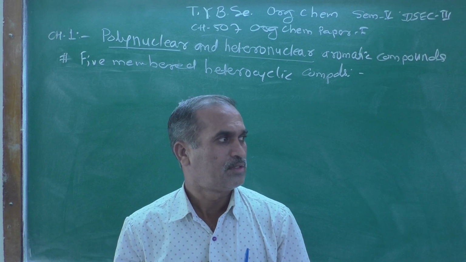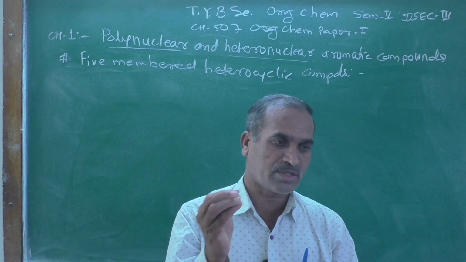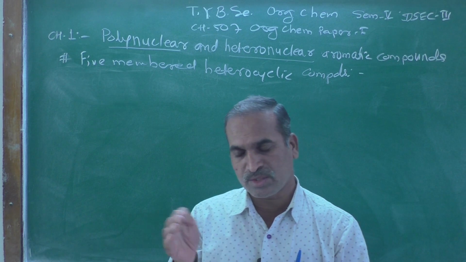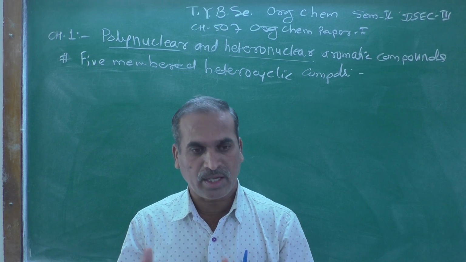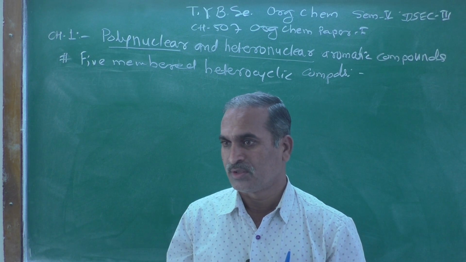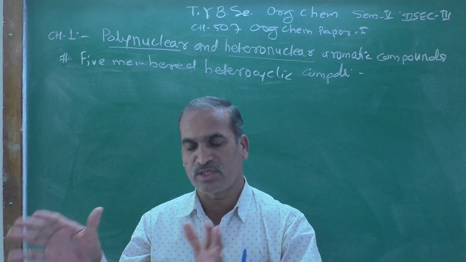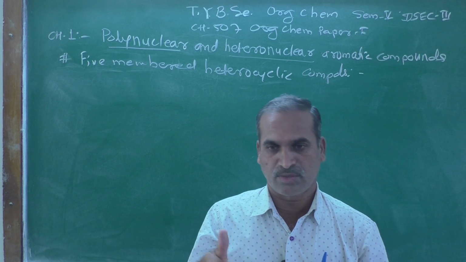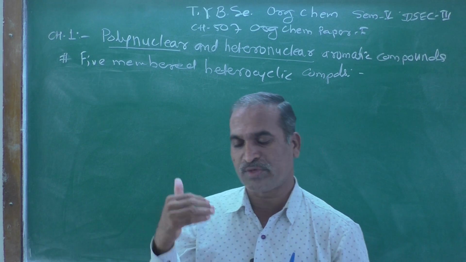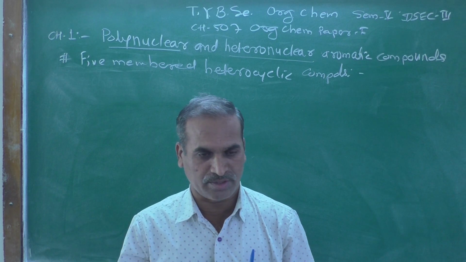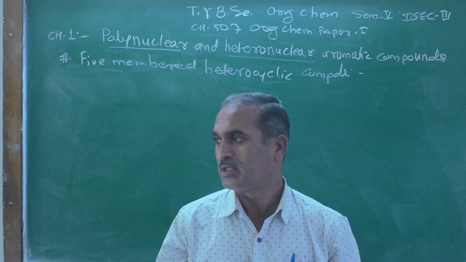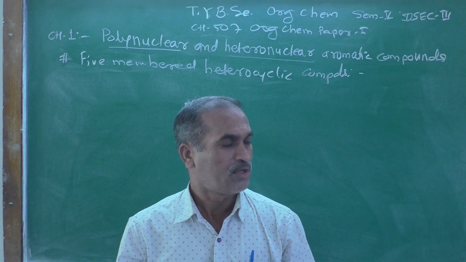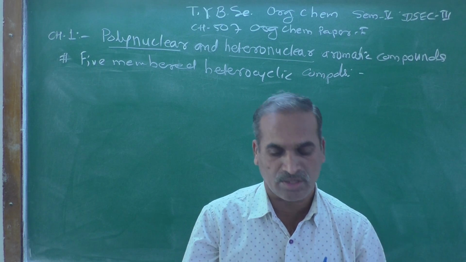And why does electrophilic substitution reaction occur at two positions? The answer to that question we obtain by knowing the resonating structure. We draw the resonating structures, and from that we get the answer why furan undergoes electrophilic substitution reaction at two positions. That we clearly understood by observing the canonical structure or the resonating structure,